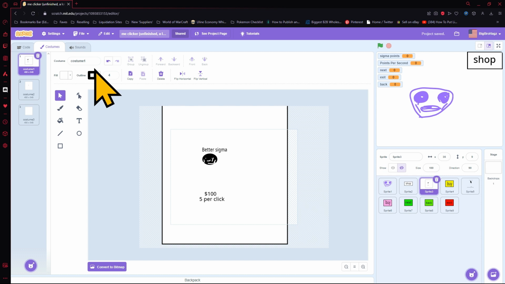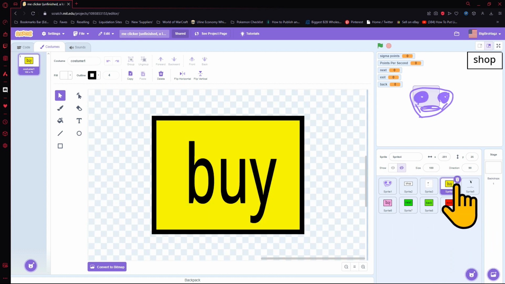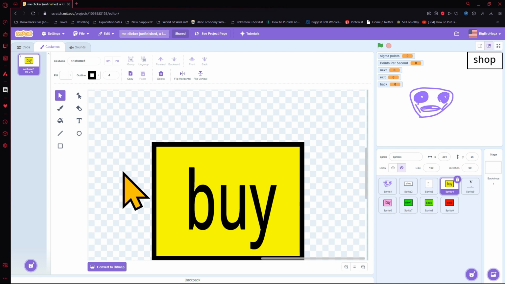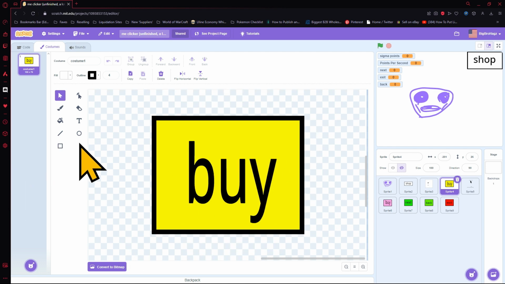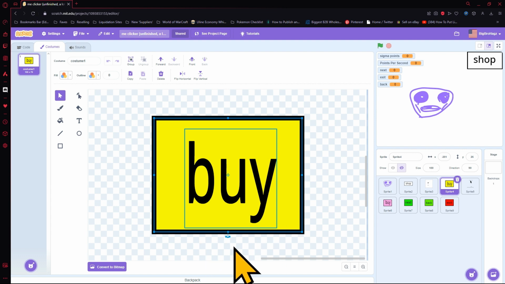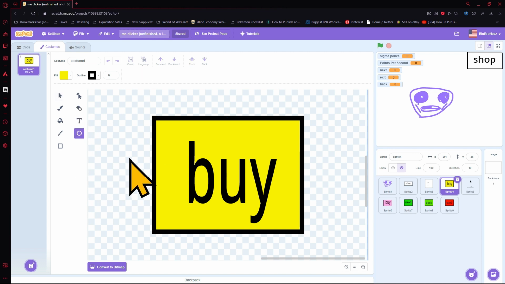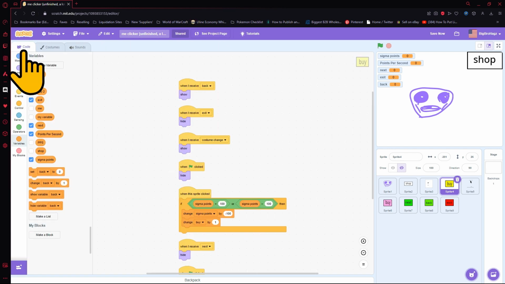First, what you want to do is make a buy thing right here, and you can make it whatever color you want. You can make it whatever shape you want, like a circle, and again you can make it whatever font and stuff you want. For the code, you want to do,